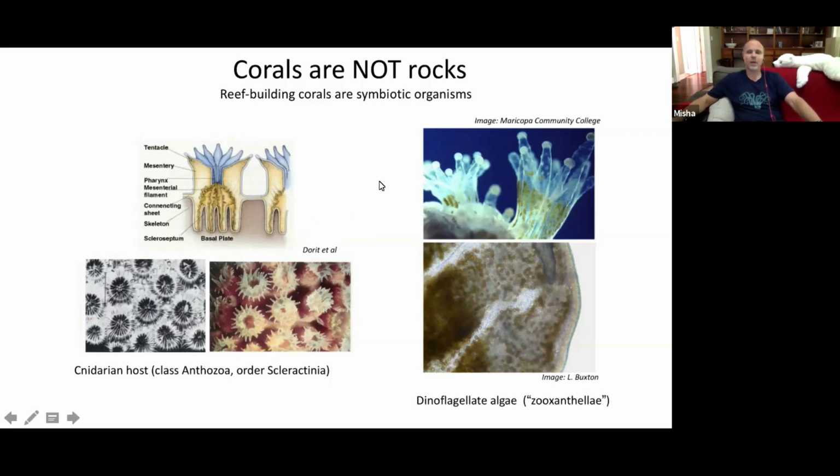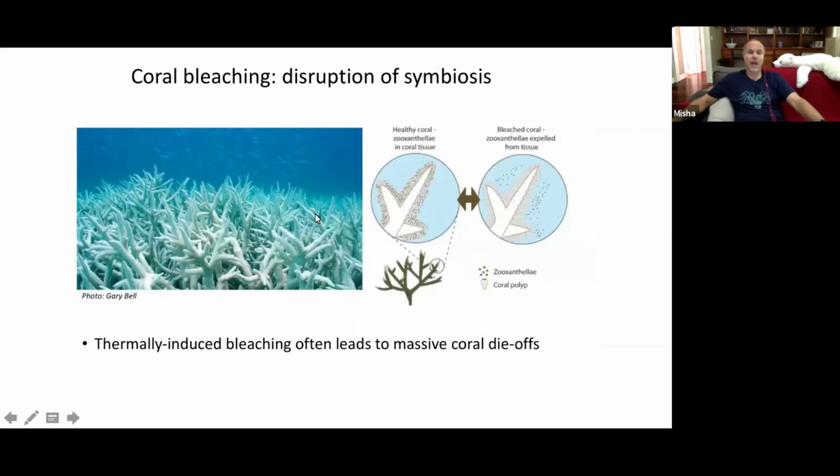One important aspect of their biology is the presence of symbiotic algae inside their gut cells. They're basically like chloroplasts, which still have a free living stage in their life cycle. And their function is exactly like a chloroplast function. They do photosynthesize and supply coral with energy. So this symbiosis is essential for their well-being, and many of you have heard of coral bleaching, which is disruption